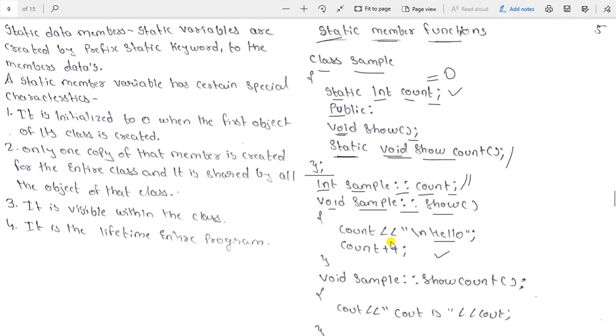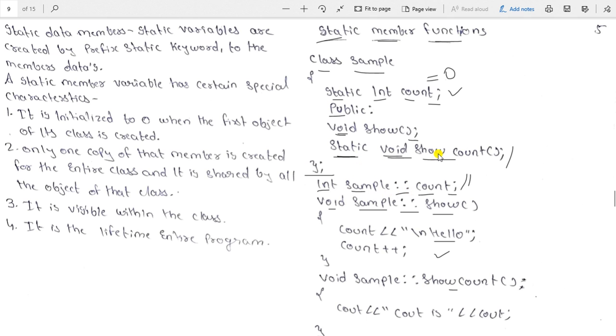Okay, so the show function is over defining. The next function is show count. As I told, show count is a single word. I have put a gap here so you don't make the mistake. We will define the function outside the class through the scope resolution operator only.